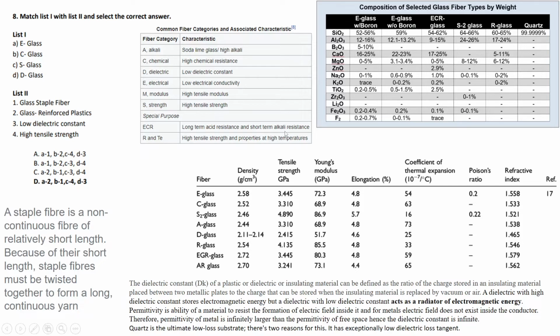This is a property which is used when you are dealing with radar absorbing materials or materials in which electromagnetic waves or light rays are involved. When you want to check how much rays it will let pass through it, then you'll consider refractive index into your consideration. If you are designing composites for enhancing mechanical strength, then you'll only focus on tensile strength, Young's modulus, and elongation at break.